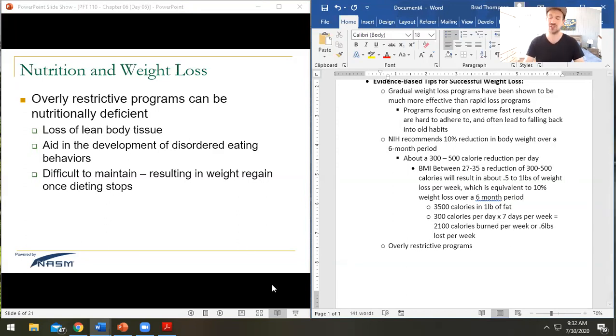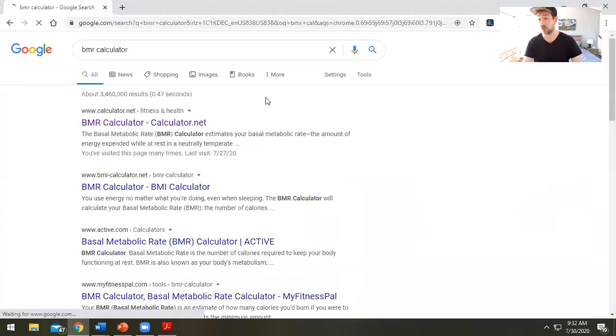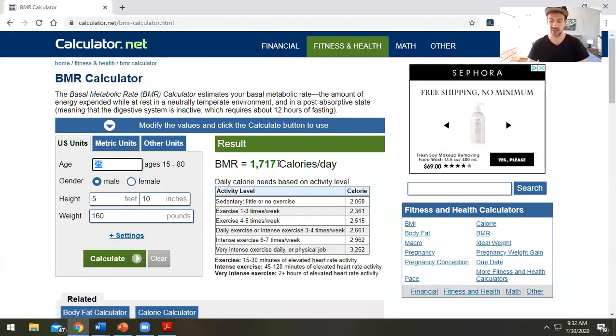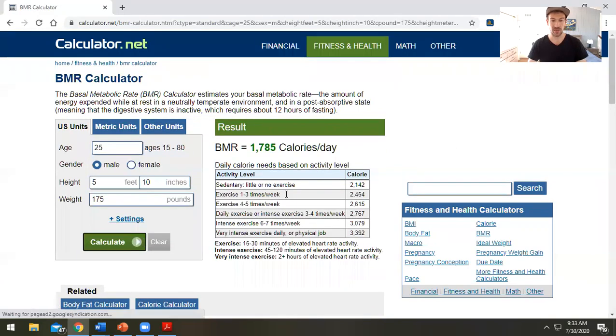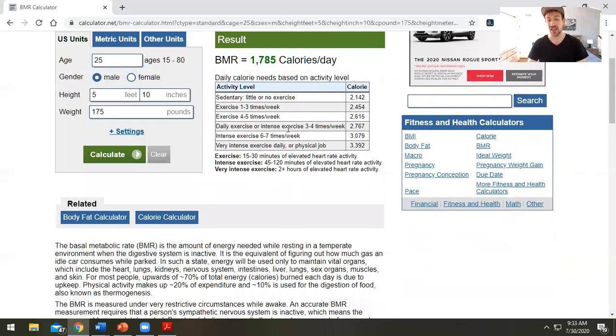Actually, really quickly, let's go back to that 175 pound person. If we go to a BMR calculator, we wanted to lose a maximum of 1.2, that's the one we just saw a second ago. Let's say this person is 25 years old, 5'10", and weighs 175 pounds. Their BMR is about 1,785 calories per day. And let's say they engage in daily exercise. They're burning